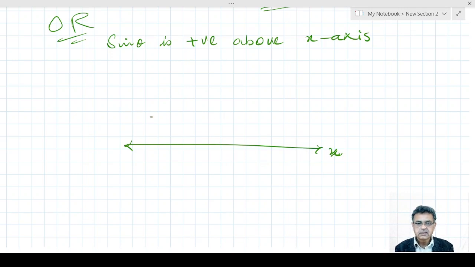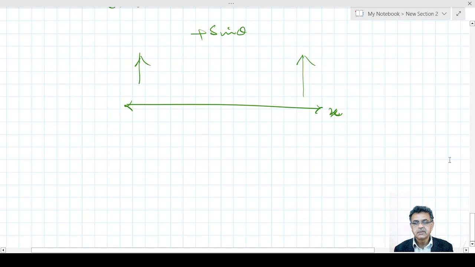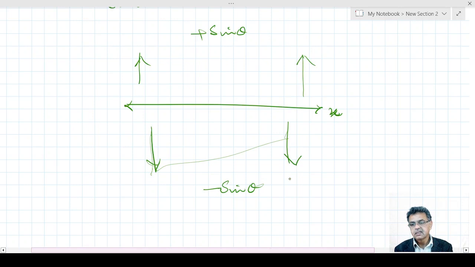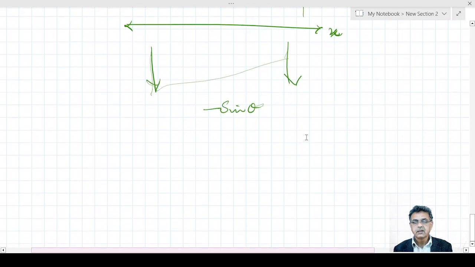So for all the points above the x-axis, sin theta is positive, and for all the points below the x-axis, sin theta is negative. This side sin theta is negative, and above the x-axis it is positive. Okay. Now